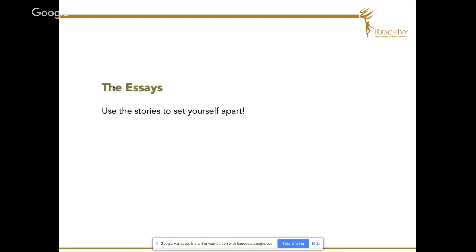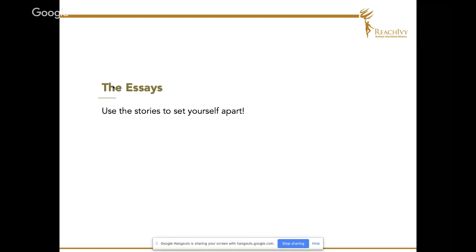Now, all of these different formats work towards achieving one goal. Every school, whether through a single essay like HBS or through multiple essays like INSEAD, wants to understand what sets you apart. So what needs to be done then?